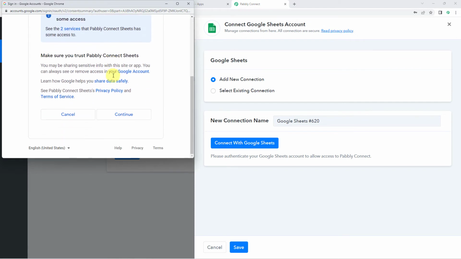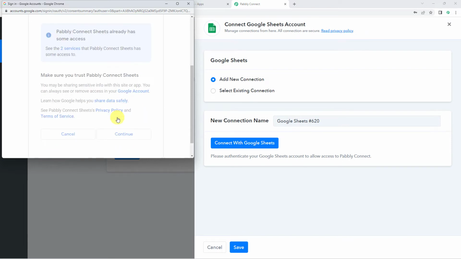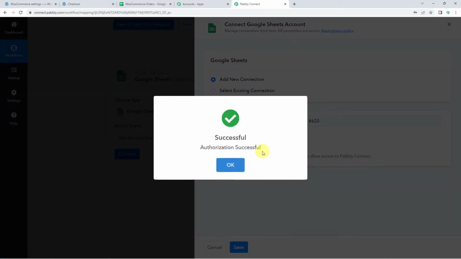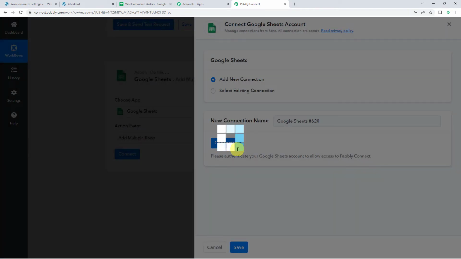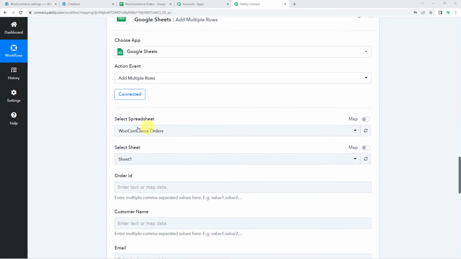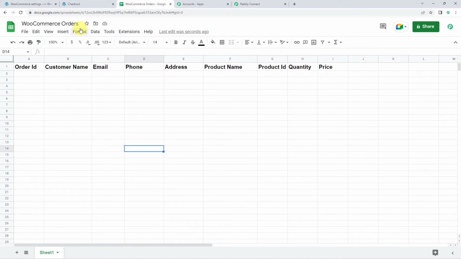And Pabbly Connect Sheets wants additional access. So let's click on Continue to give away the access over here. Authorization successful. And now the Google Sheets account is connected to Pabbly Connect. Now as we have created a connection, here we can find all the spreadsheets that I have created in my Google Sheet account. So I'll just show you the spreadsheet that I have already created named Woocommerce Orders,